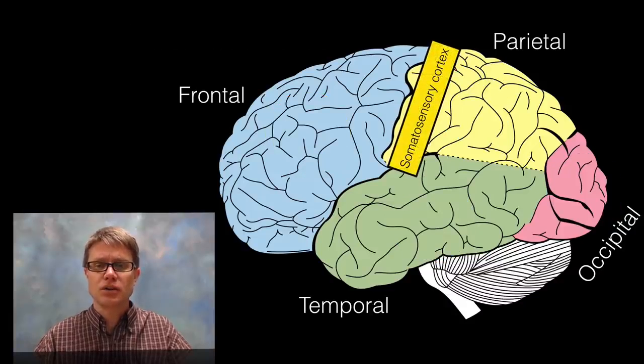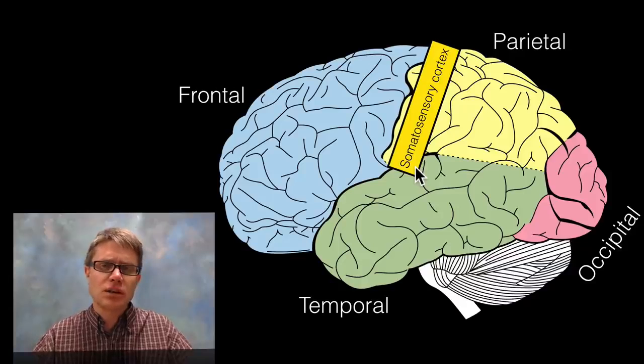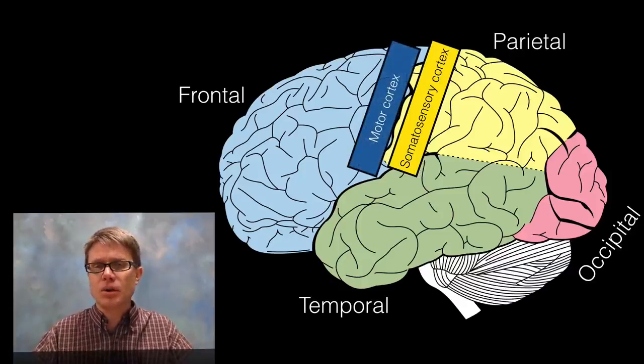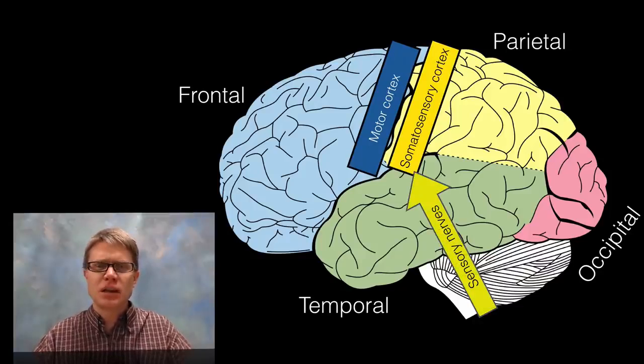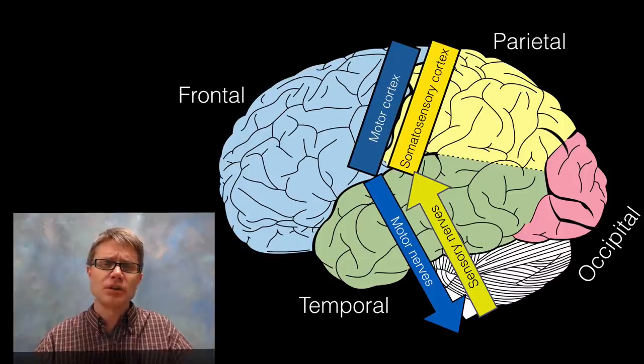you remember those functions. Now, if we were to go inside the parietal zone, we'd find a really important part here. It's called the somatosensory cortex. And that's where sensory information is coming into the brain. And then on the other side of the lobe, we have what's called the motor cortex. And so going way back to that worm, we have information coming in, sensory information, and then we have motor output coming out. And so that's going to be a point of